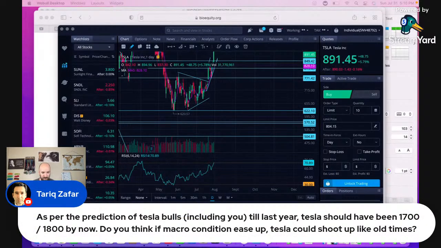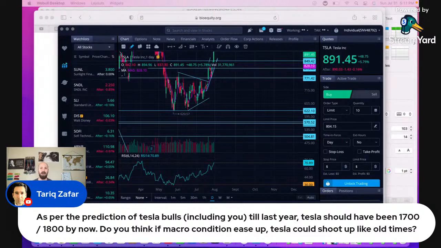As per the prediction of Tesla bulls, including me, till last year, Tesla should have been around 1,700 by now. Do you think if the macro conditions improve, Tesla will shoot up like old times? Yes and no. I did not anticipate the macro environment being as heavy as it was this year. I thought we were going to be closer to 2,000 at this mark than we are right now, for sure. And I think right now, whereas Tesla finding its footing is very important,